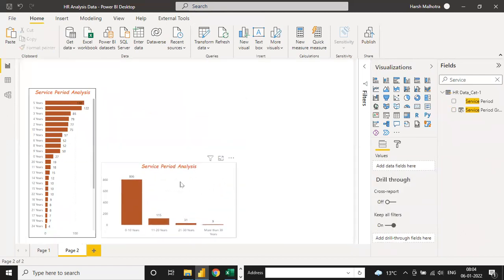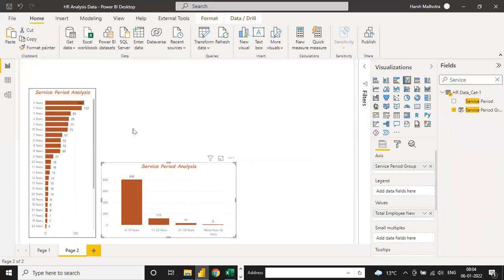Clear, guys? You just have to set the condition in the background, and this will automatically fetch the data for you. You just select only those columns, service period analysis, and now your value will be there, the total employees, one by one. Now you can see on the left and right hand side this value is a little low.